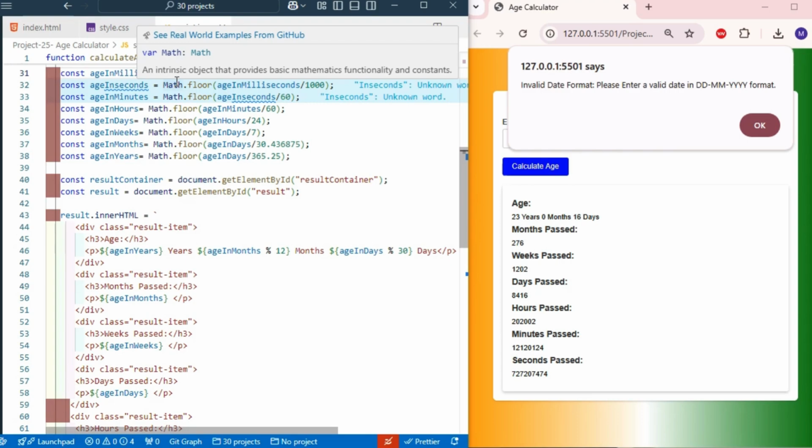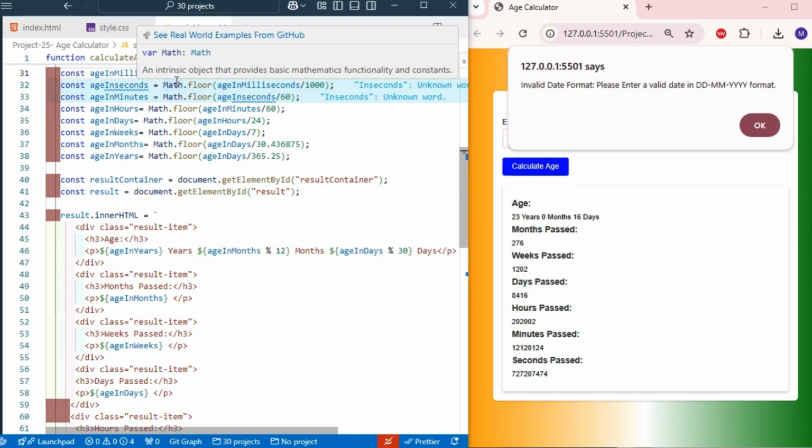Then I'm taking the constant age in minutes using the math function Math.floor of age in seconds by 60. And age in hours is Math.floor of age in minutes by 60. And age in days is Math.floor of age in hours by 24. And age in weeks is Math.floor of age in days by 7.